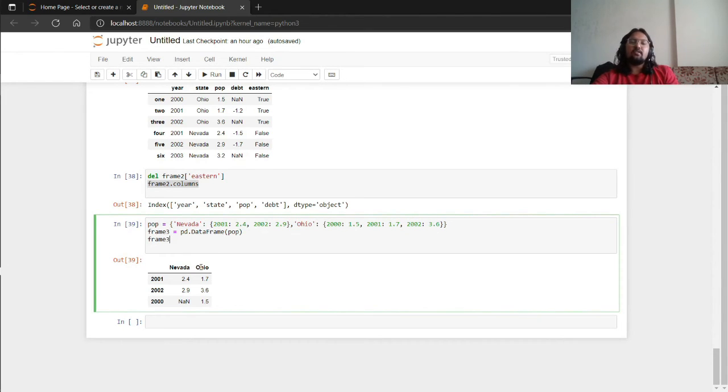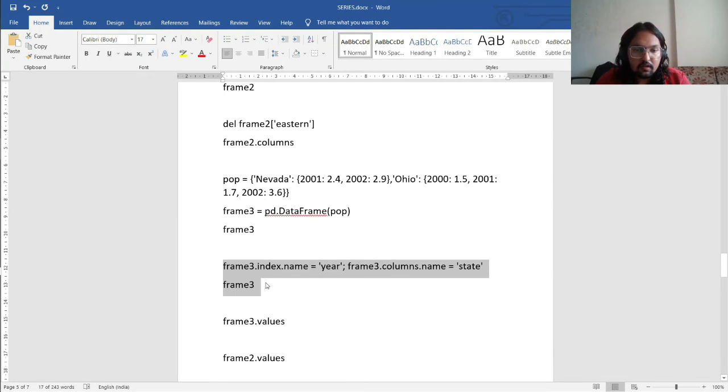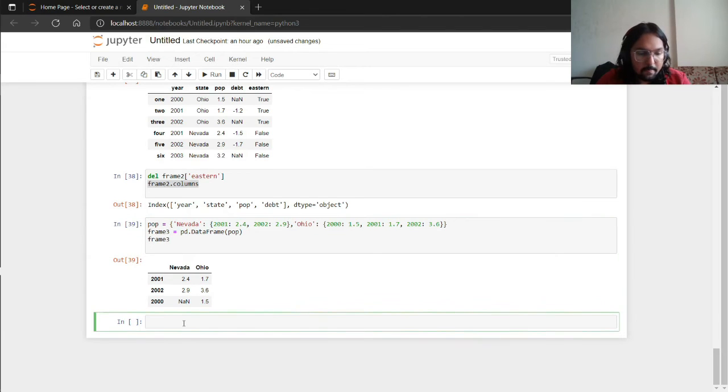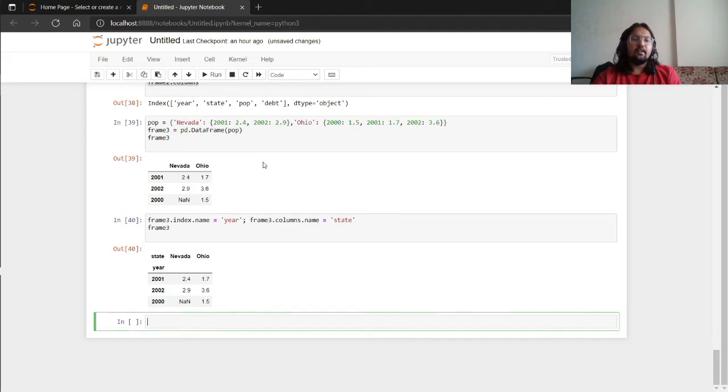So in this particular function, what happened is this is a nested dictionary of dictionaries. What I did here is I created a particular series or a dictionary in Nevada in which I gave its index to be 2001, and the value for the column Nevada I gave it as 2.4. So this is basically what we call a nested dictionary of dictionaries. Now when I run this, it gives me